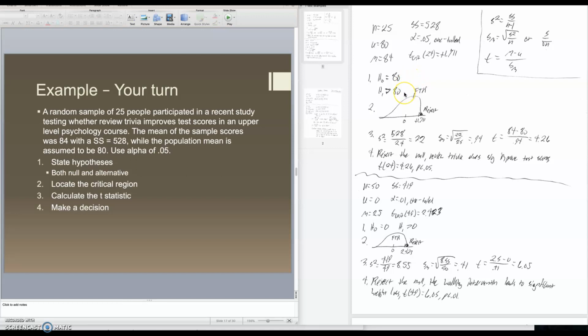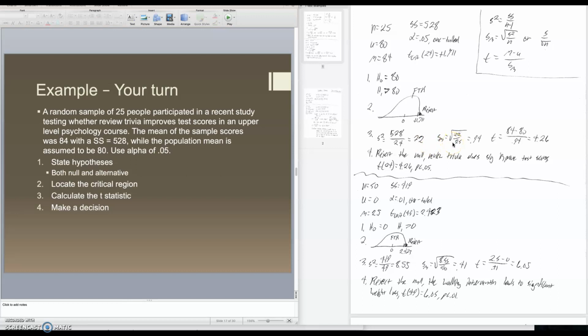And if we go through these four steps, the hypotheses: the null is equal to 80. The alternative is greater than 80, given that it's increased and it's a one-tailed design. The critical region is anything above 1.711. Our variance, moving to step 3. Sum of squares is 528 over n minus 1, which is 24, gives us a variance of 22. We throw that all in a square root over 25, which is n, to find our estimated standard error of